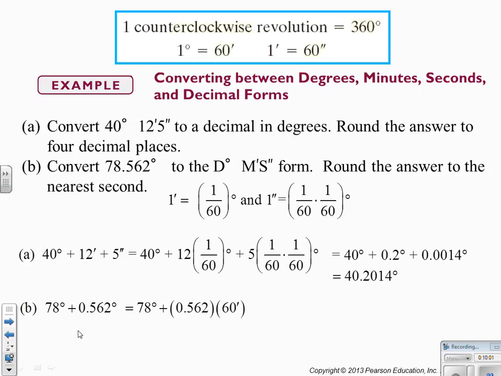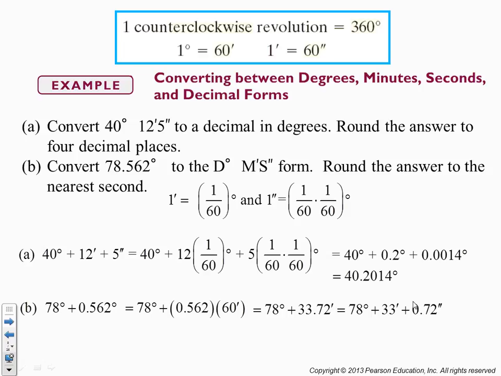This is in degrees. We want it in minutes. So our conversion from minute to degree is times 1 over 60. So if we are already in degrees and we want to convert it to minutes, we're going to do the opposite, or multiply it by 60. So we multiply 0.562 by 60, and we get 33.72, and then we're going to take that 0.72,